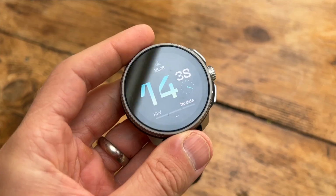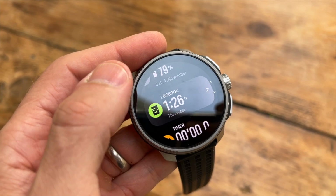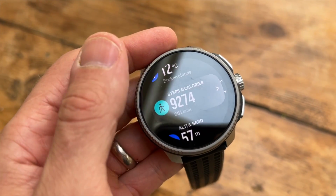Also say that the user experience in general just lacks a little bit. It's not quite as good as in other watches. Suunto's not really made the most of this AMOLED screen in lots of ways. The widgets are nice, but the watch faces are a bit basic. Also, when you go into always on mode, you just get a vague time. You can't click through the widgets on the watch face to then see more information on those widgets, and